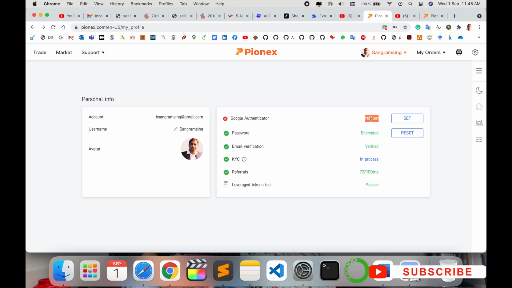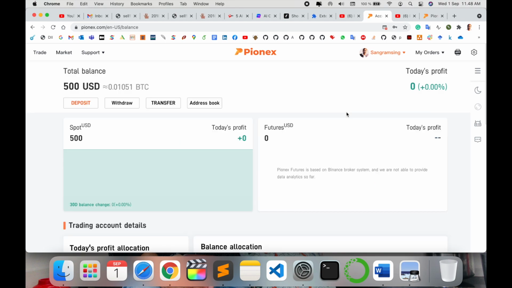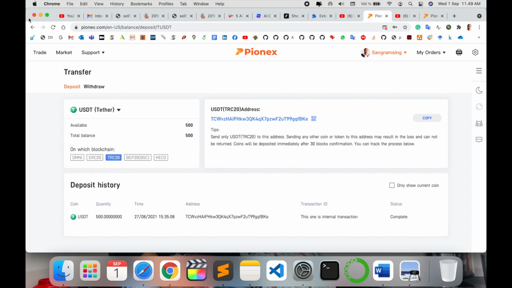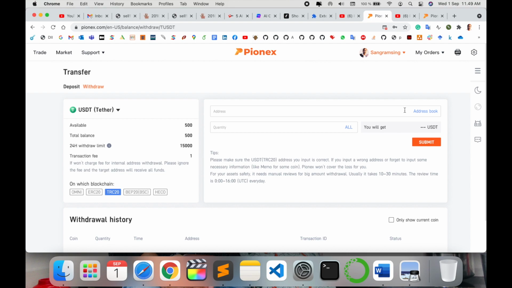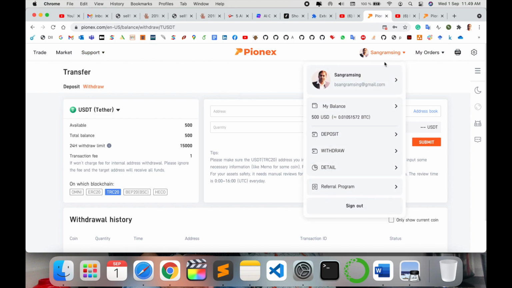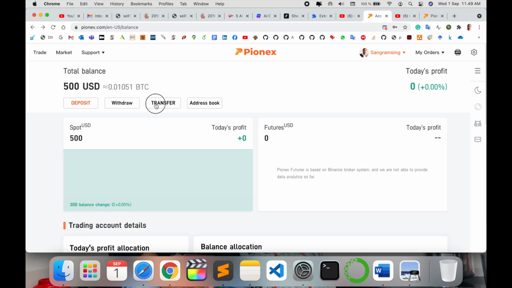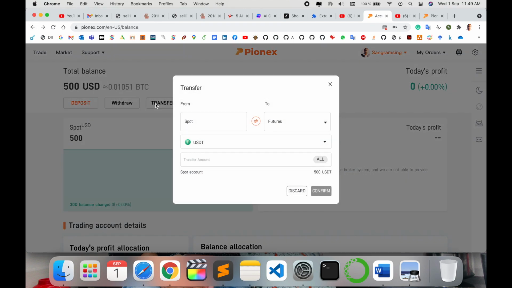Two-step authentication: I can use my mobile application and then do KYC, that is the working process. So here all my account is set up. I deposited $500 some days ago. Total profit is 0 because I am not investing anything. You just simply come here, deposit money, and deposit your money into that particular wallet. Withdraw your money accordingly. You add your bank address, how much you withdraw, and then submit. So automatically the money is withdrawn. Specific location, then transfer: if you want to transfer some money to someone, you use this option.